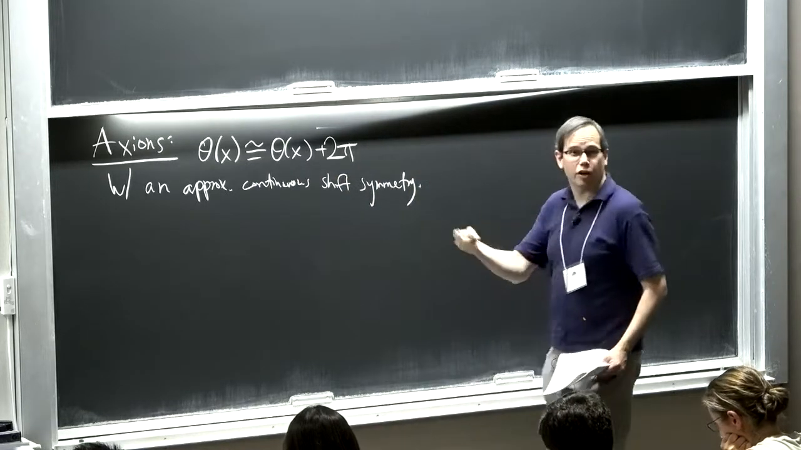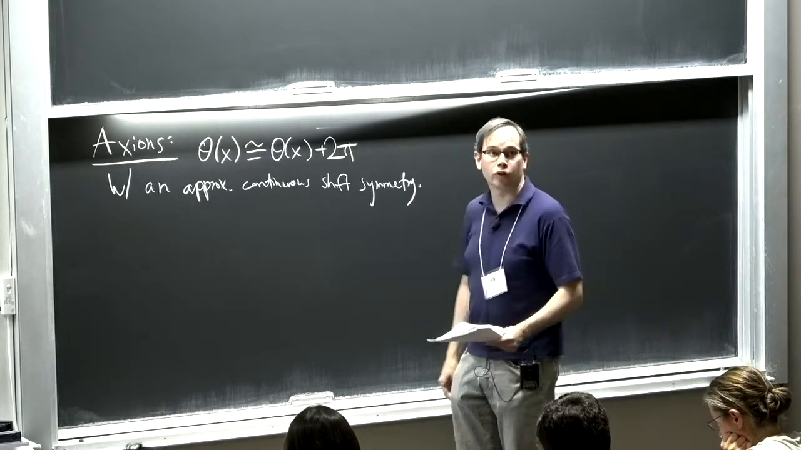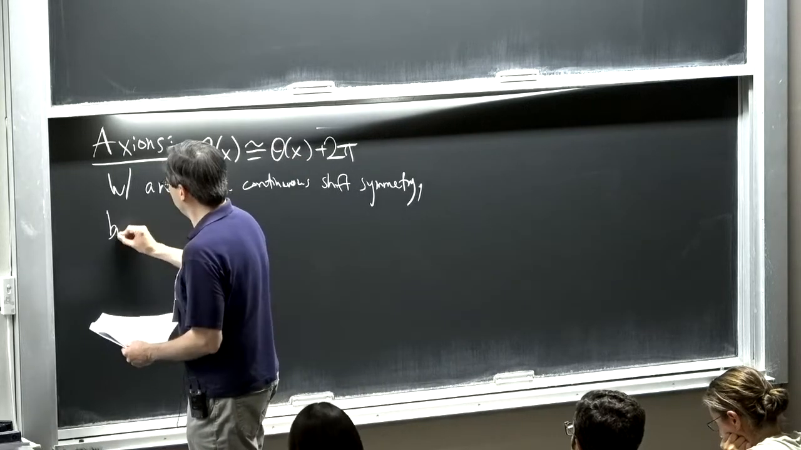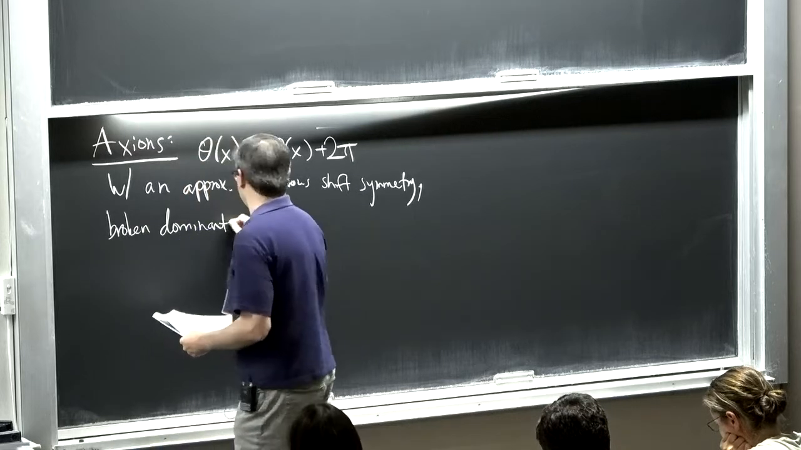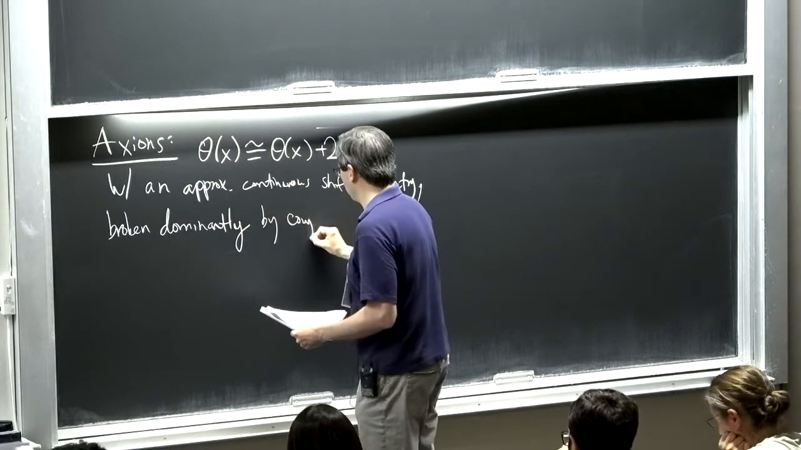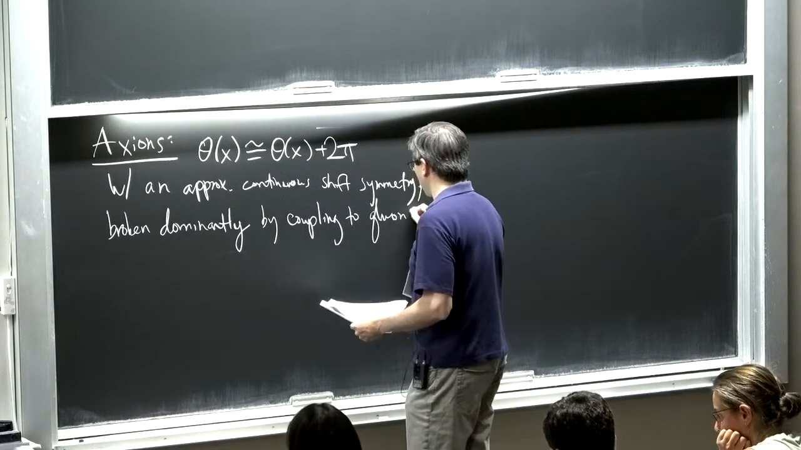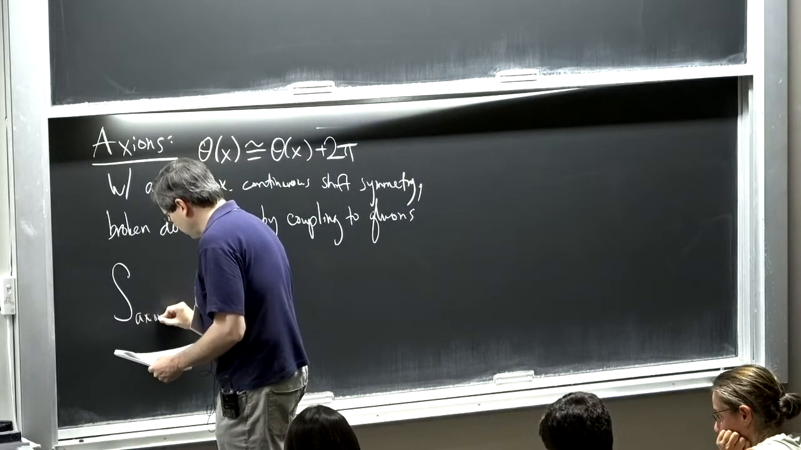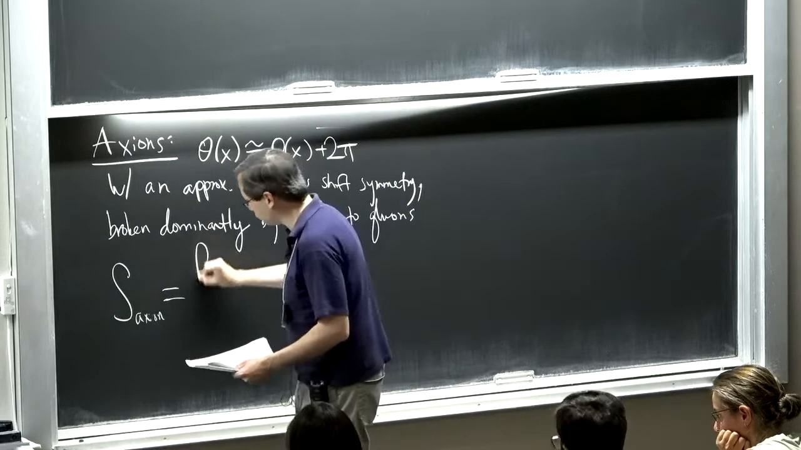Meaning if I change the value of theta, physics doesn't change a whole lot. And the dominant breaking of this shift symmetry comes from a coupling to gluons. Okay, so basically, all of the interesting physics of the Axion solution to the strong CP problem falls out of